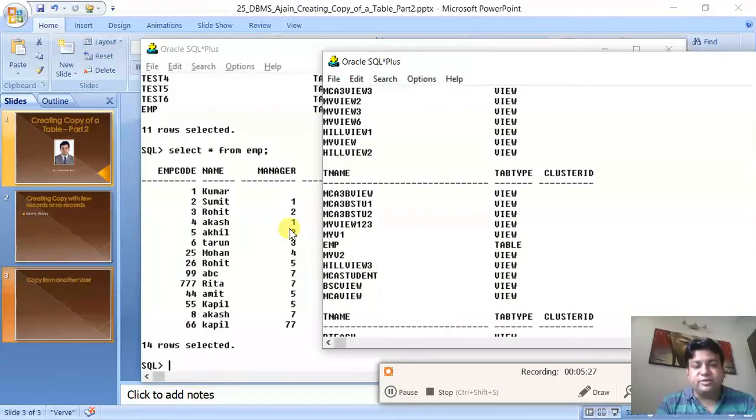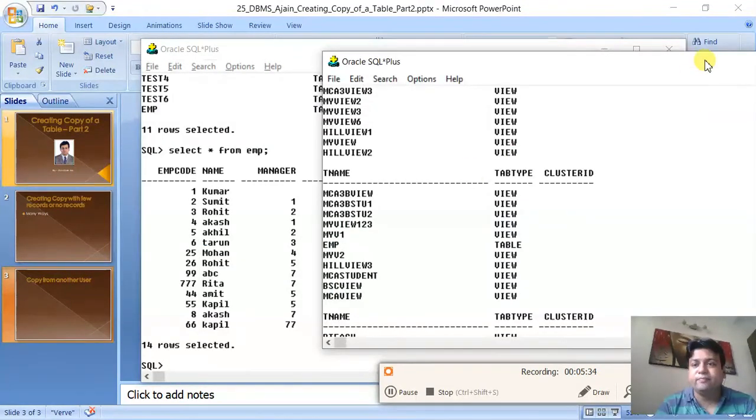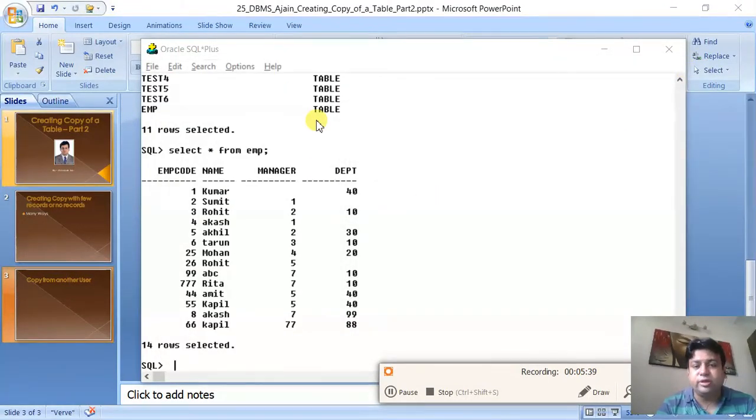It might be, yes, here it is, EMP. So this was the table whose copy we have made in this user. Okay, I think this concept is clear to you. So this was how you can create a copy of a table from another user.